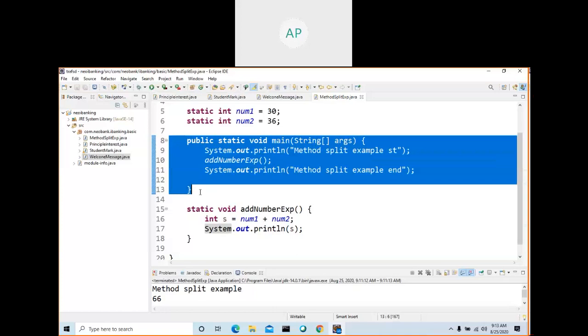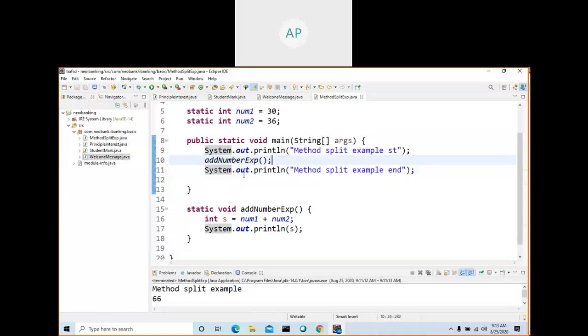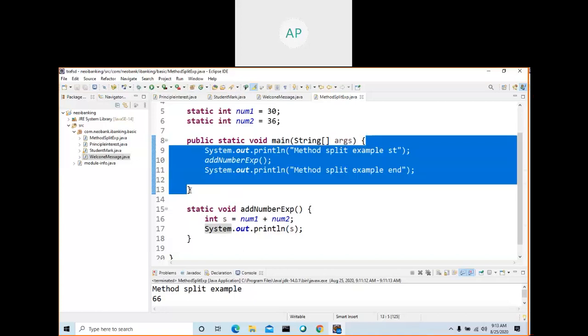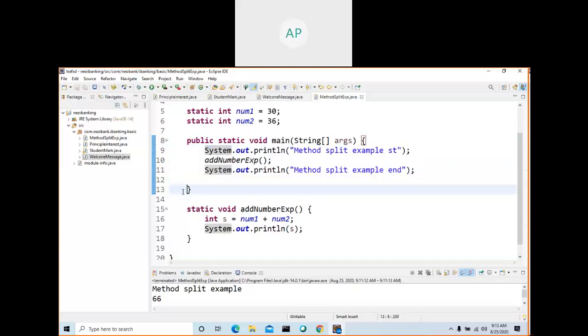When your main method ends, your program completes running. So if there are 10 lines in the main method, all 10 lines will be executed and your program completes. If you call some other method from there, it will go and run that whole method, come to the next line, and again go here.